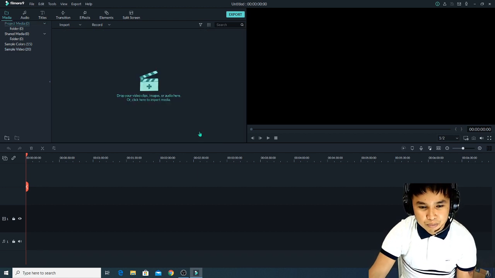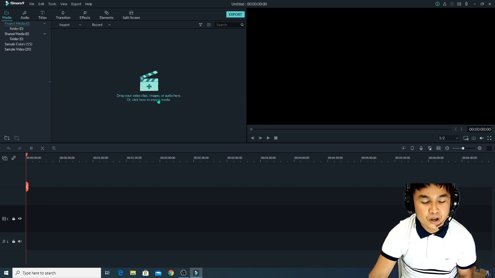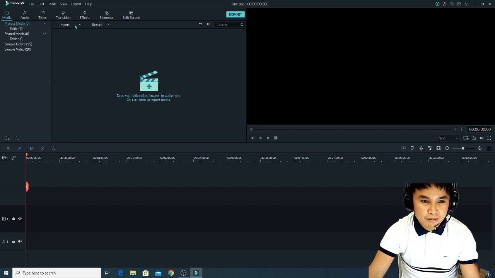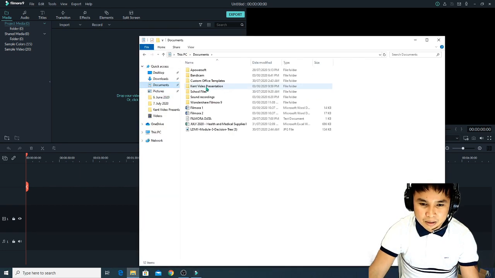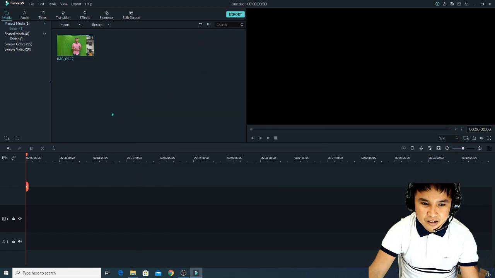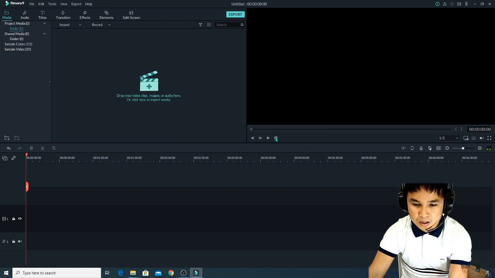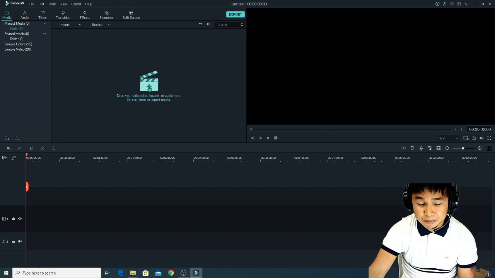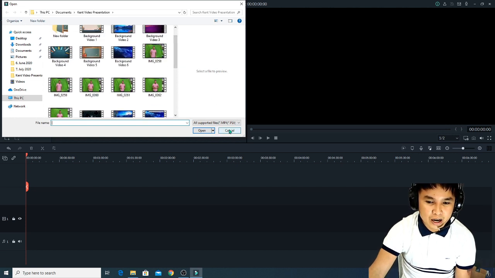Okay, so going back to our project media, how do we import a video file? So first, there are 3 ways actually. We can import a video file by clicking this one, import media files, or we can open our file from a new tab, this one, and then simply click and drag the file here to the interface, and then it will appear. Or another way is to just simply click the plus sign, and you'll be prompted with your different videos that you already have prepared for